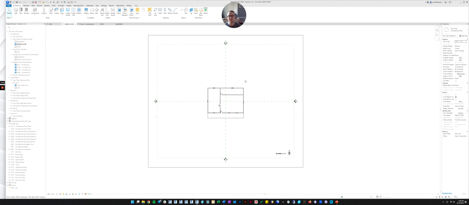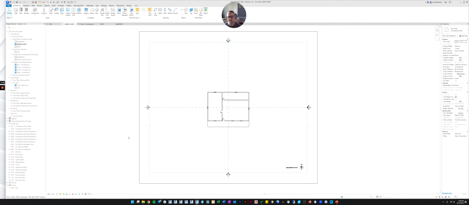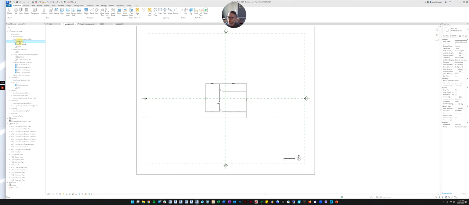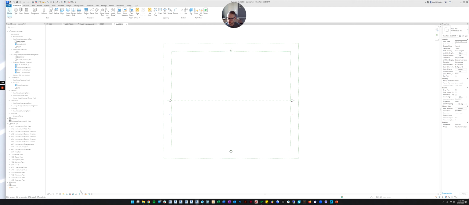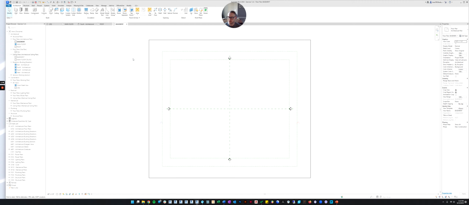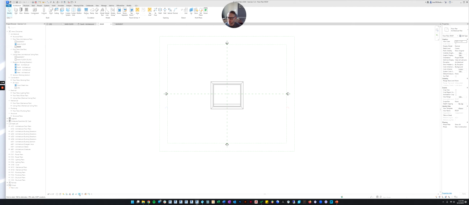So the first thing you need to know is how to turn the crop region on so that you can see it, because you can't edit it if you can't see it. If you go down here in the floor plan view, you'll see this little button. It says hide crop region, and it's got a little light bulb in the corner. If you click that, it'll turn it off, and you see it disappears from the main screen. And if you click it again, it comes back on. So let's go to our basement floor plan, and let's just click that on, and there you go, you can see it. And then same with the roof plan. Let's click it on. Whoops, wrong button, this one.